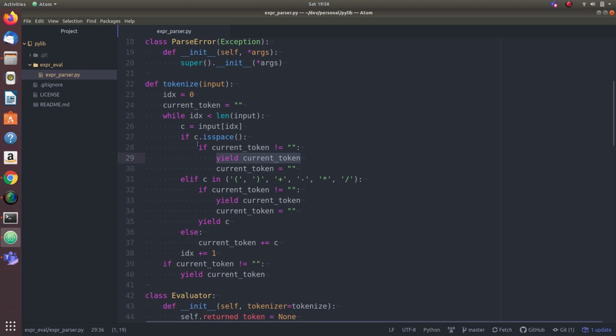And so it generates these tokens in a lazy manner, instead of pre-allocating the list and filling everything in. So this is definitely more space efficient.